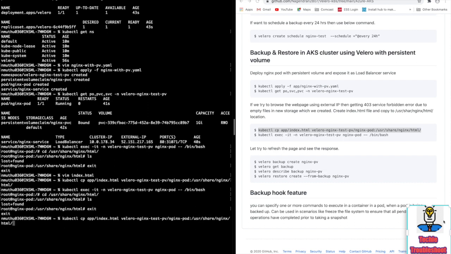The problem is, I mentioned the command like app, but in my case index.html is located in the current directory, not in the app directory. So again, I'm going to cross check.